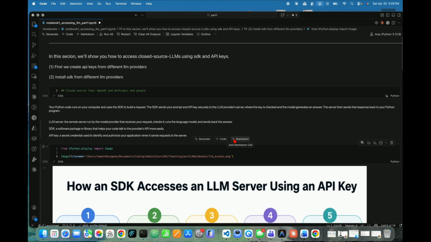Let's watch. In this section, we'll show you how to access closed source LLM using SDK and API keys. First, we'll create API keys from different LLM providers. Mainly, we are using three LLM providers here: Google, Anthropic, and OpenAI. Once we create those API keys, we'll install different SDK from those LLM providers, and then we'll run the code